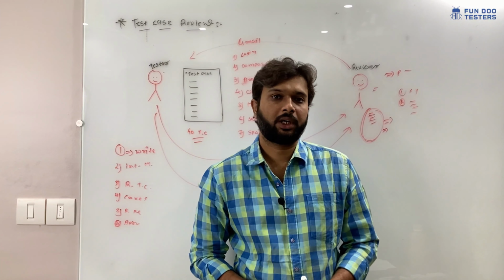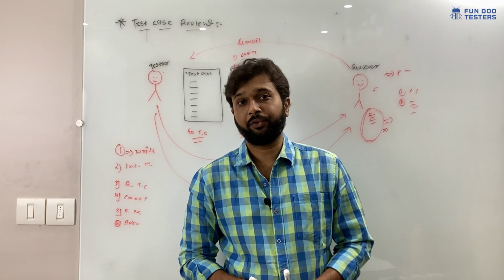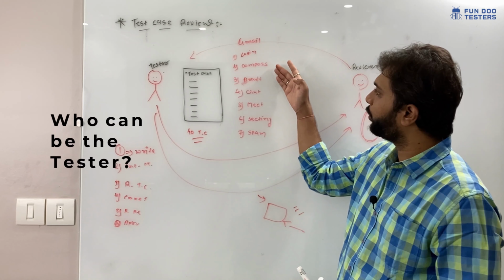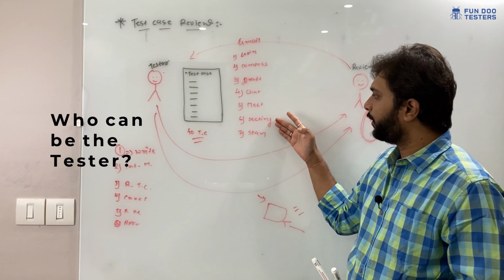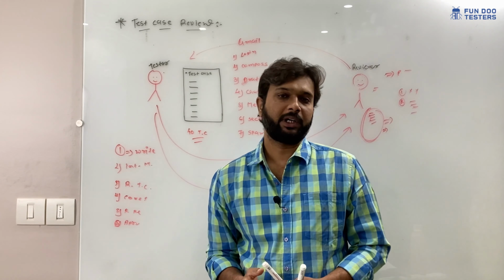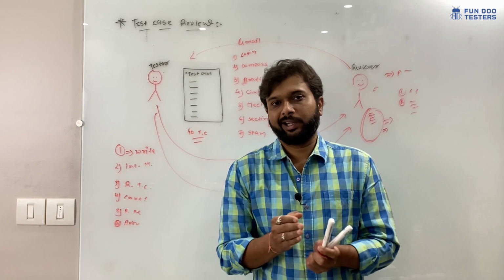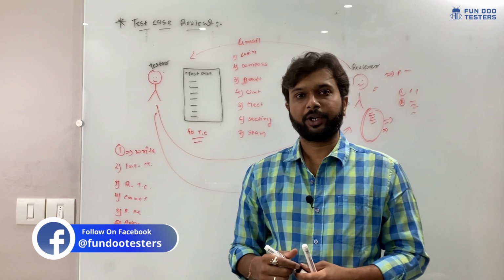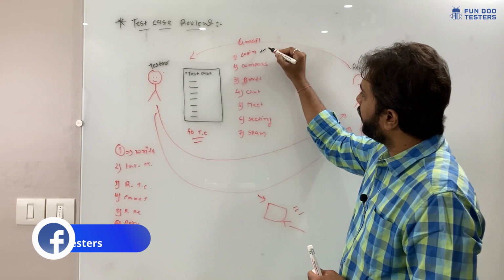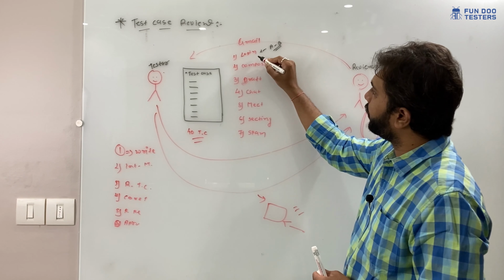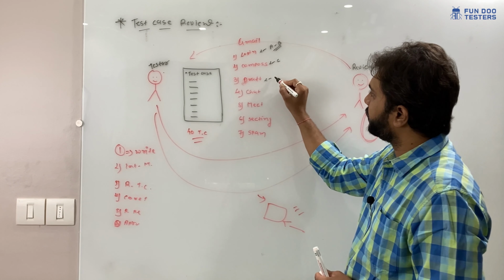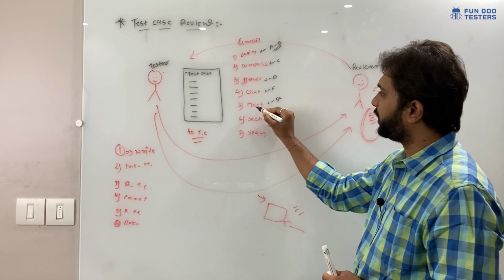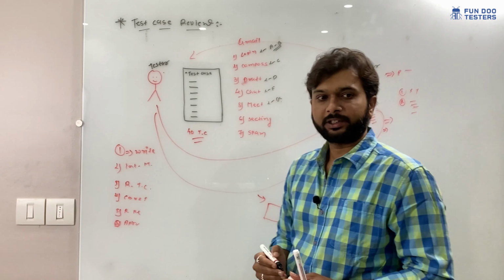Now in real industry or real work, what happens? Who can be the reviewer and who can be the tester? Let's say we are working on Gmail and we have these modules: login, compose mail, draft, chat, meet, settings, and spam. We have multiple functionalities. In real time, the team leader or manager will assign each functionality to a particular tester. For example, A and B always work on the login. C is working on the compose. D is working on the draft. F is taking the chat. G is testing the meet functionality.